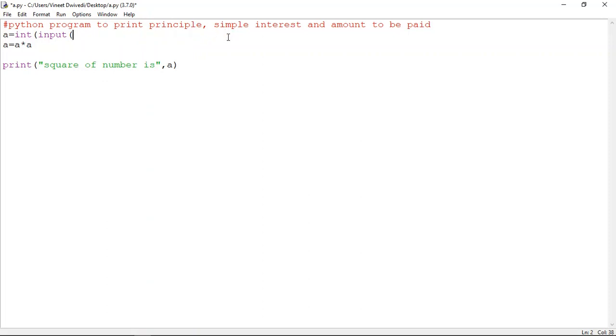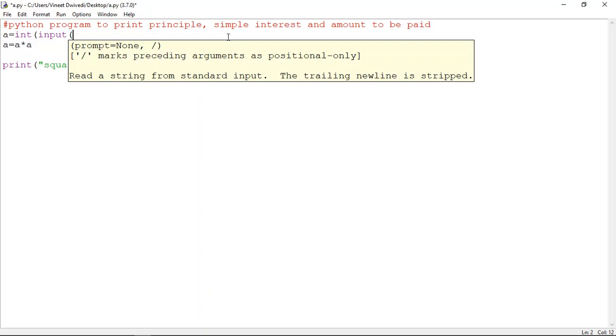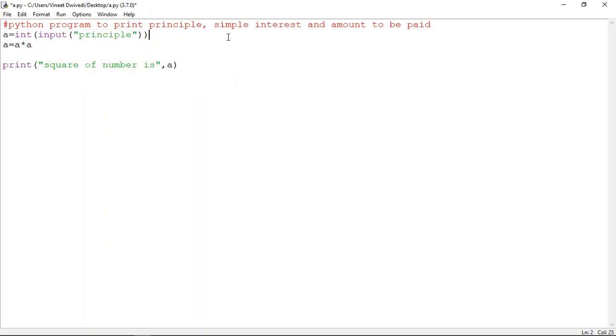What we will do here, we will just write int input, and this will write the message principal. If there is a problem in the spelling, that is not a big deal here, only the codes should be proper.